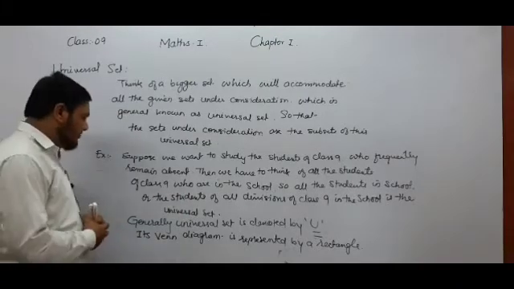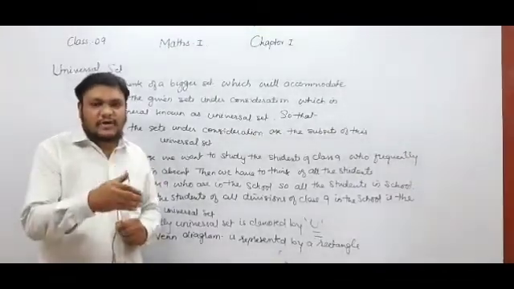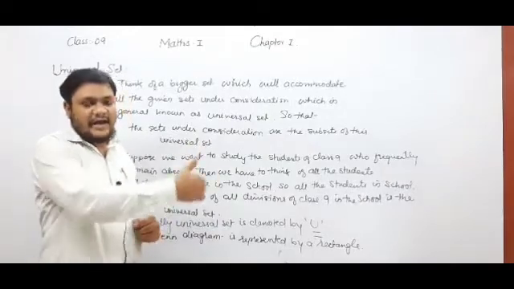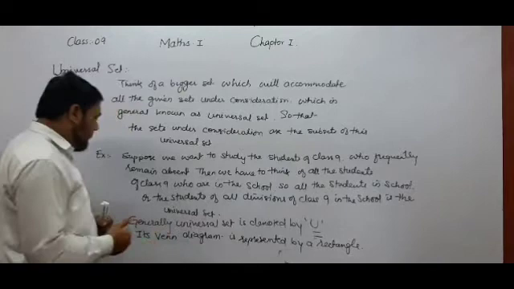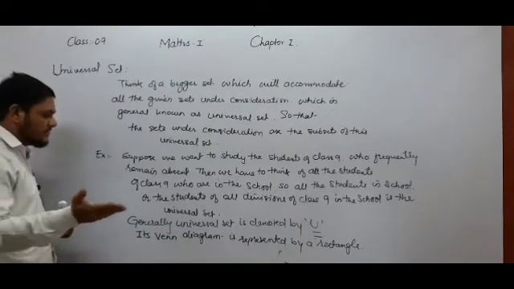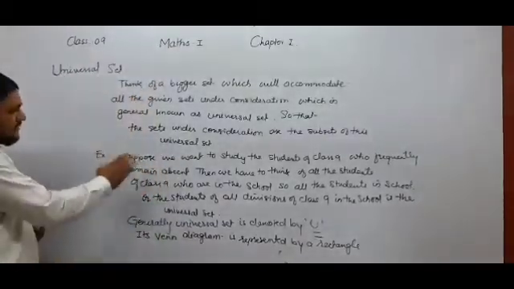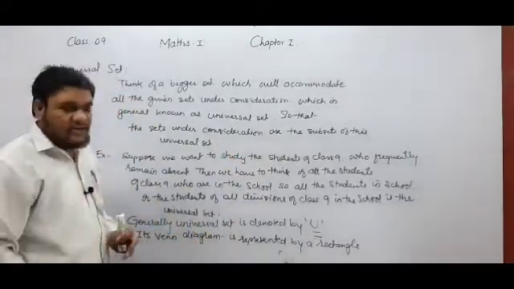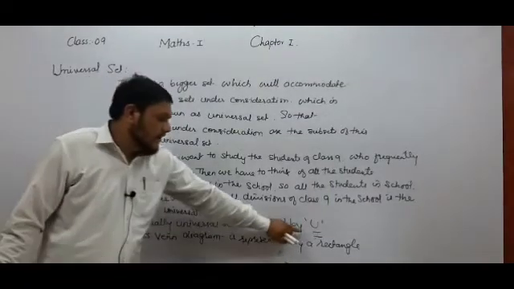So all the students in the school, or the students of all the divisions of class 9. We have to consider the students of class 9 from all the divisions. In many schools the divisions are A, B and C. So we have to consider the students of all the divisions of class 9th in the school. The set of students of all the divisions of class 9th in a school can be considered as the universal set, and the set of those students who remain absent frequently can be called a subset of that universal set. Here the universal set is generally denoted by the capital U.